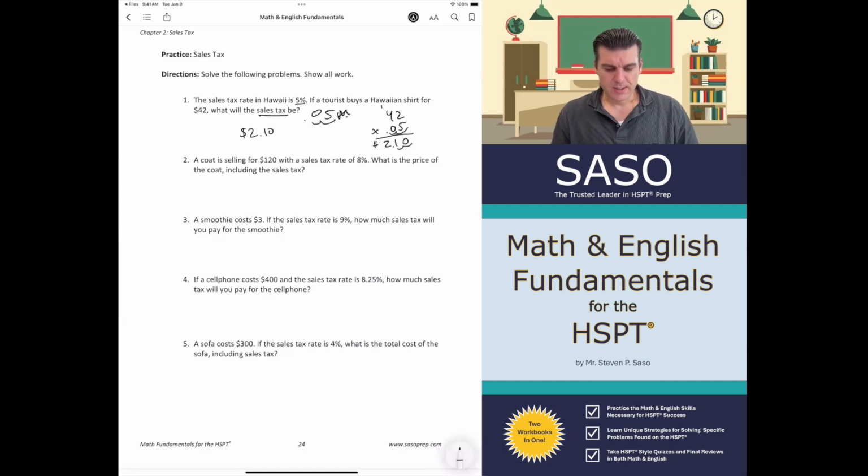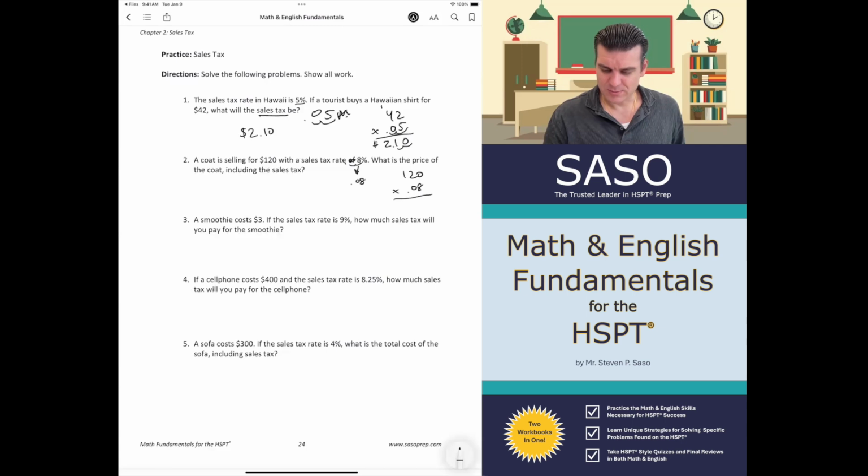All right. Number 2, a coat is selling for $120 with a sales tax rate of 8%. What is the price of the coat, including the sales tax? So here we're looking for the total cost, including the tax. So let's solve for the tax first. We have 8%, which is 0.08. See how I did that there? 120 times